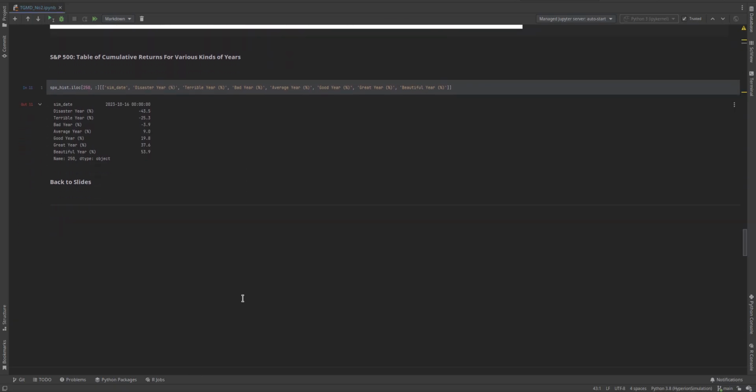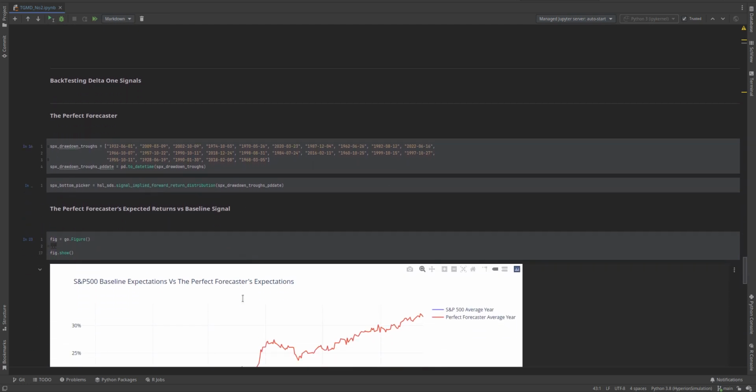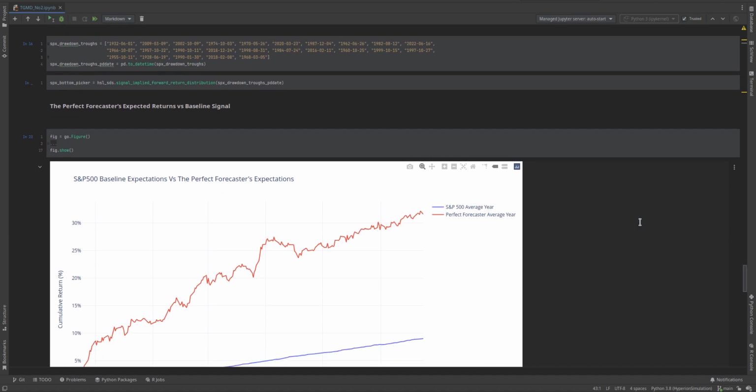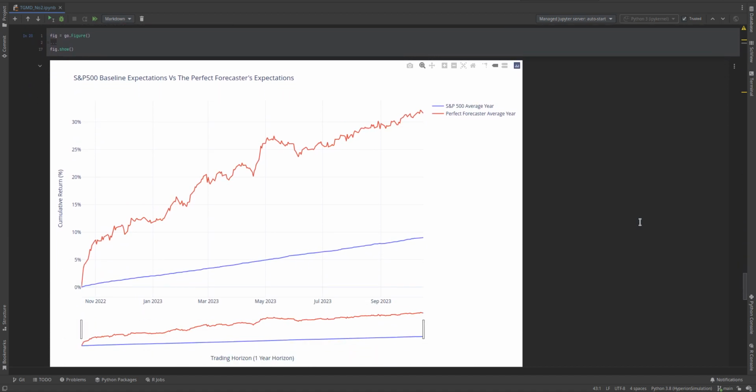So here we have the perfect forecaster. I've taken the 25 entry signals, the dates of those entry signals, and I'm just going to stick them into this method that I call the signal implied forward return distribution. You just stick in dates, and it'll build out forward return expectations for you. So here we can see that the expected